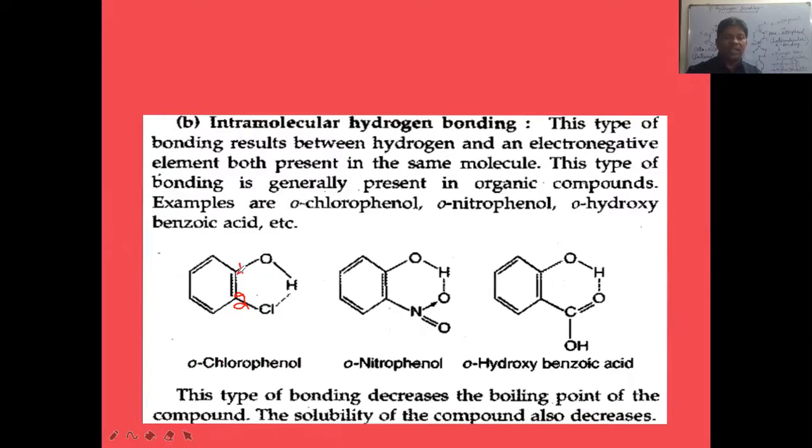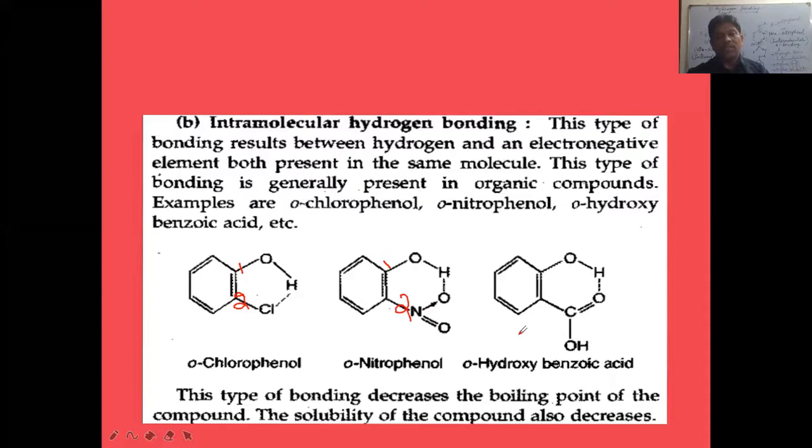Wherever OH is attached, that carbon should be taken as the first carbon. If OH is written here, it should be the first carbon. If OH is attached here, it should be the first carbon, like this. Next, here it is orthonitrophenol. The OH group is attached to this carbon, so it is the first carbon, and this is the second carbon atom. At the second carbon atom, the NO2 group is attached. In the NO2 group, a double bond O is present and a dative bond O is present. Here the dative bond O is nothing but a single bond O only. It is the double bond O we have taken.